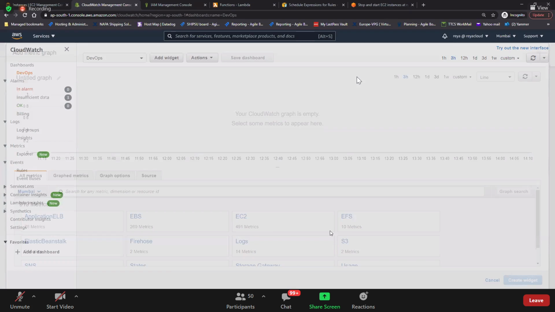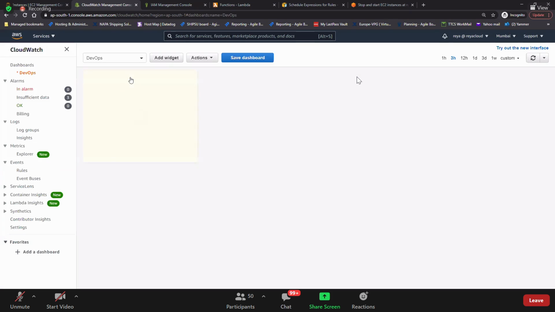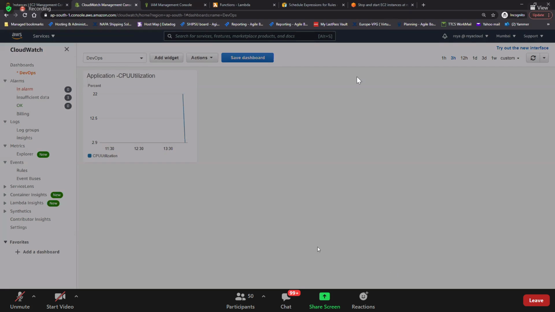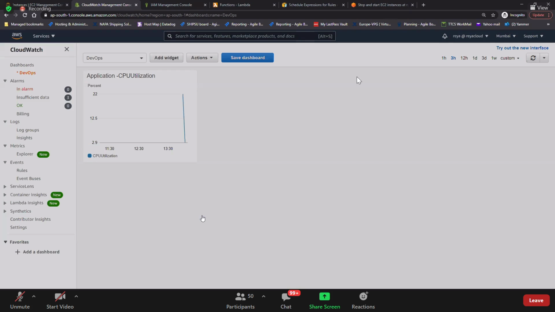So for example, I'll select this, create widget, and call it application CPU utilization. So I can have it in one place. I can add another widget, say which one you want to monitor and have it in one shot like a dashboard.